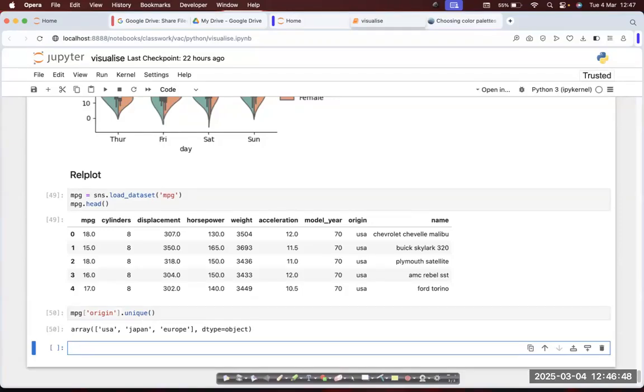So you have model year, MPG, then cylinders, horsepower, weight, acceleration. So we will use this information, right? To create our line chart. So to do that, right? So the thing is,